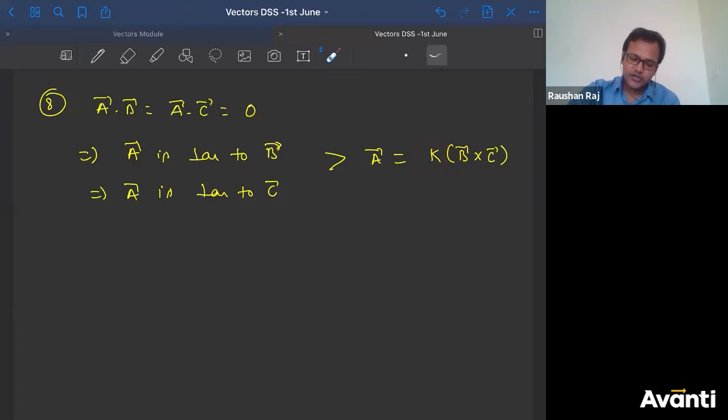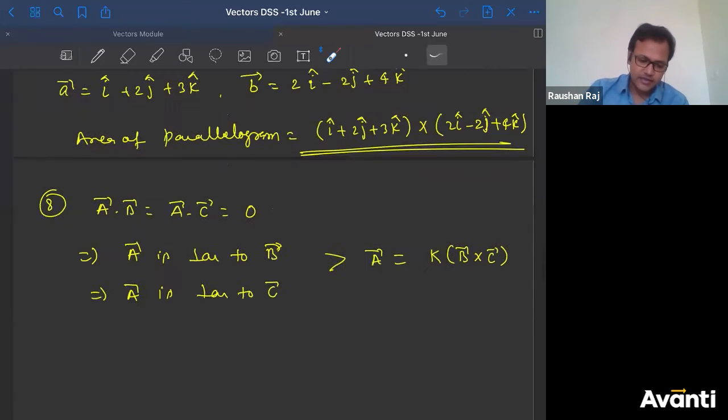Right? I can also write this as C cross B, because what does perpendicular mean? Perpendicular to both C and B. That is why I'm saying if it will be plus 2, that means A is along B cross C. If it is minus 2, that means A is along C cross B. That's it. Okay. So how will I get the value of K here? How will I get the value of K here? So find out. We will find out one by one.